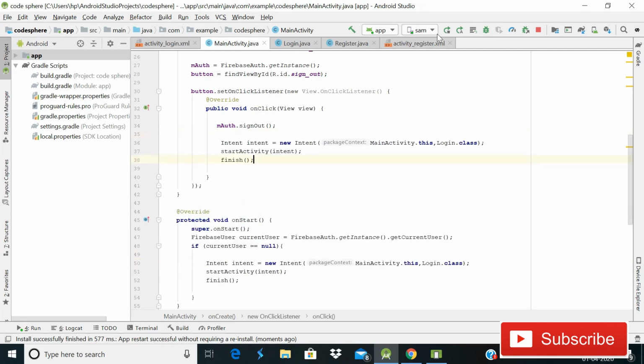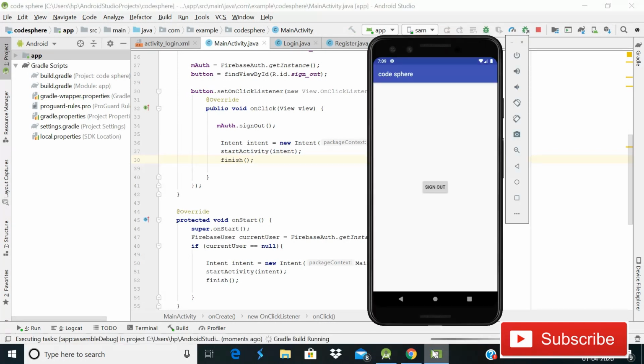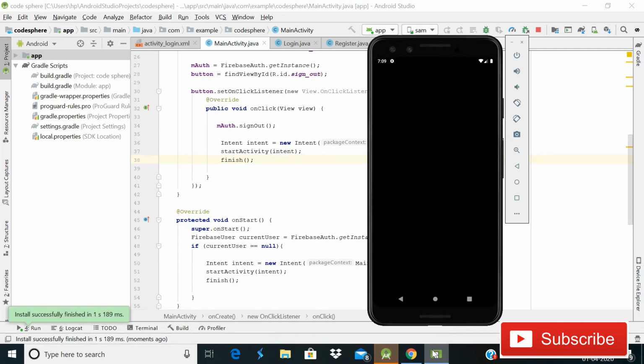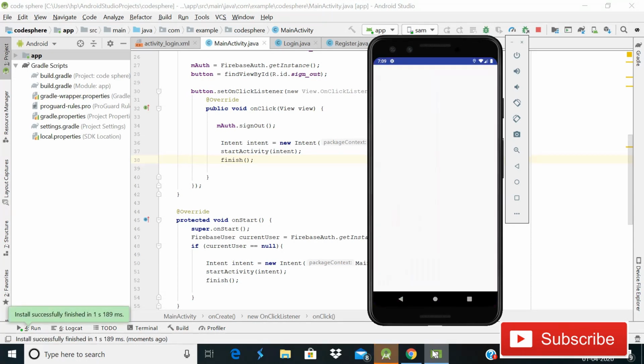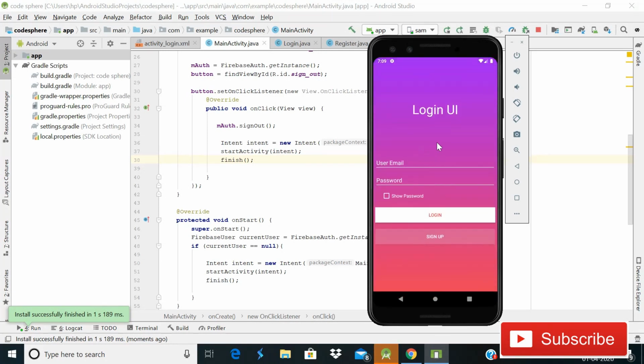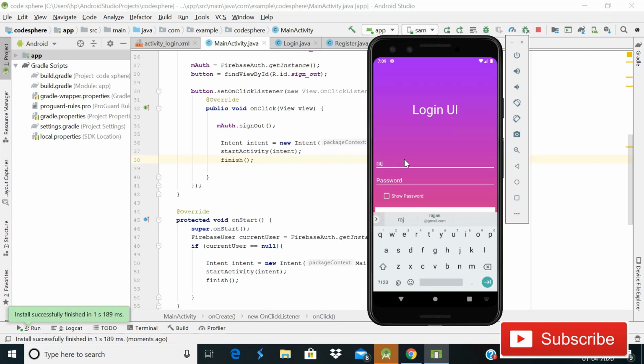Yeah guys, so run this app again, and this time when we click on this button, we can simply log out. This time you can see that our app is working pretty fine, there is no error, and when I click on this button sign out, you can see that now we are back on the login UI. Now I can log in. For this I have to simply give the email that I have provided. You can see that this is my email, and the password is 1 2 3 4 5 6